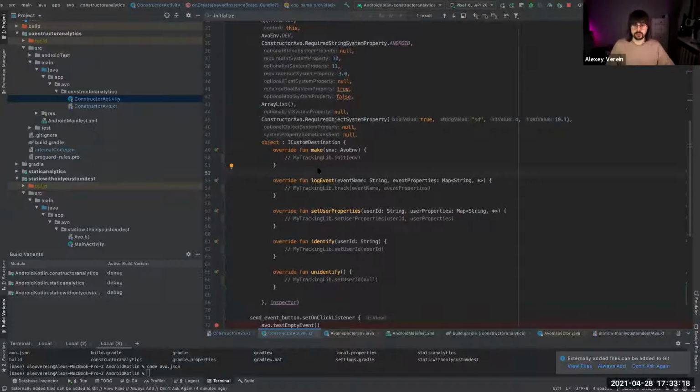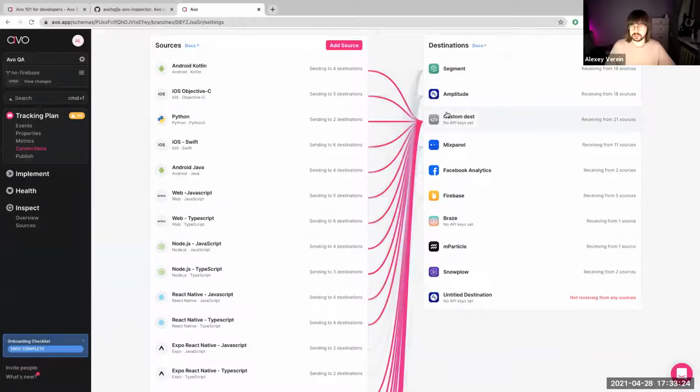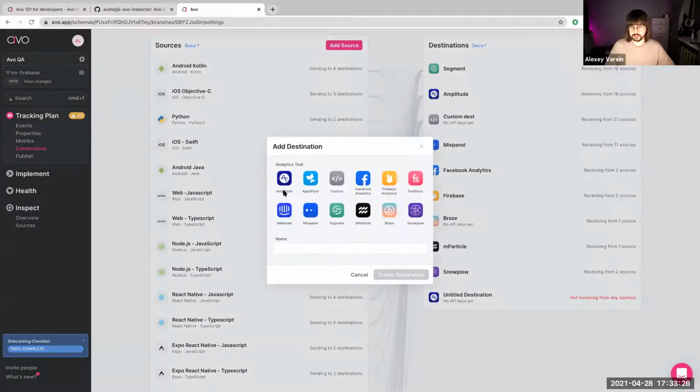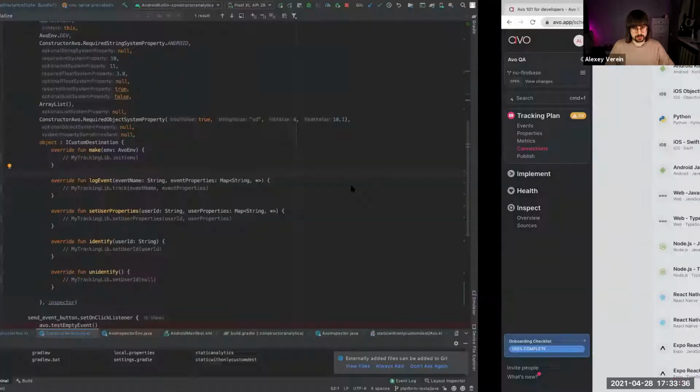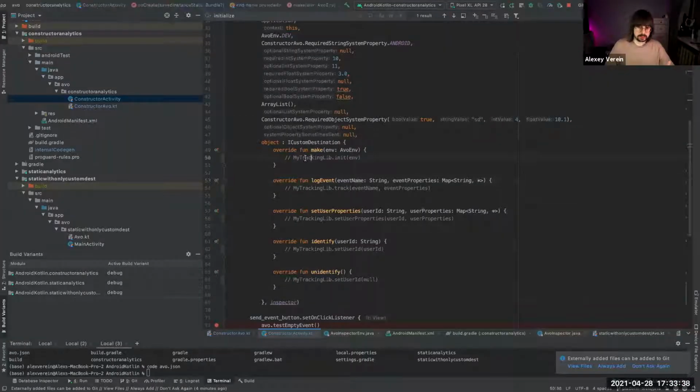If, for example, you have an analytics destination that's not listed here when you add destinations, you can use a custom destination and just wire it with any event-based analytics destination. For example, here we have this library,